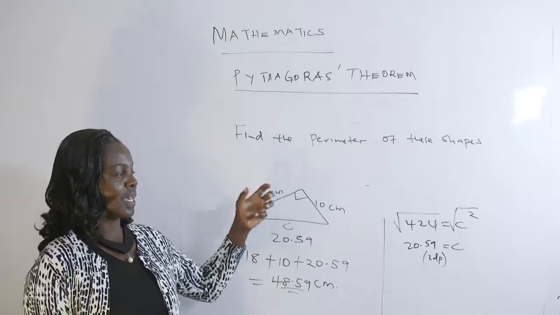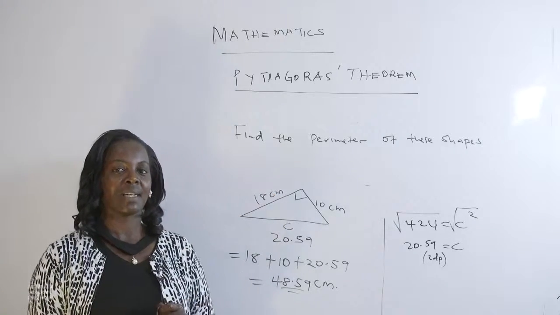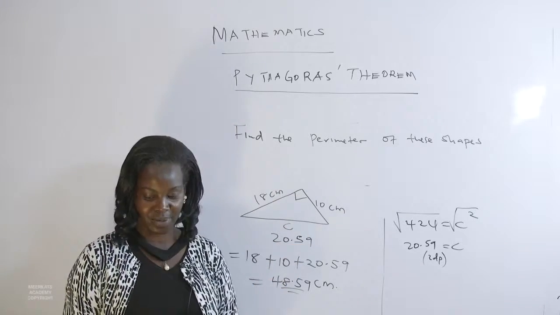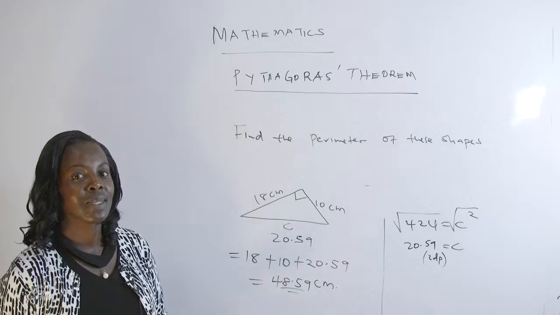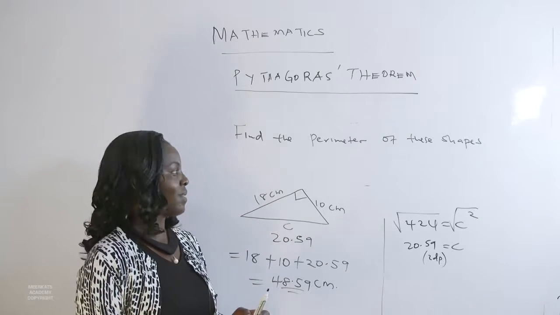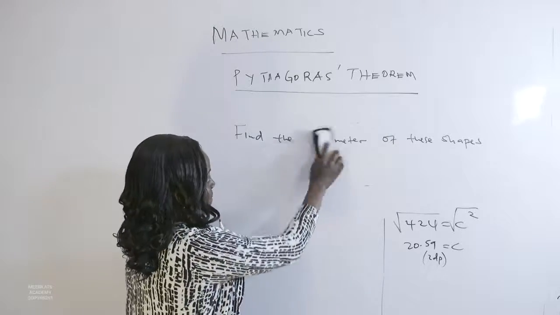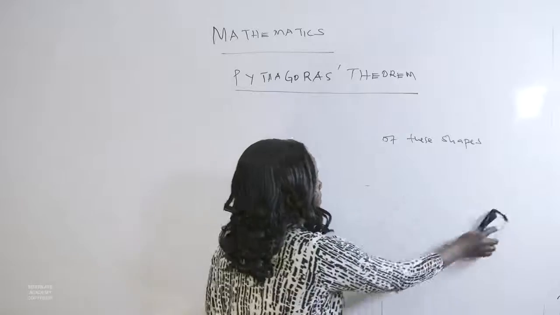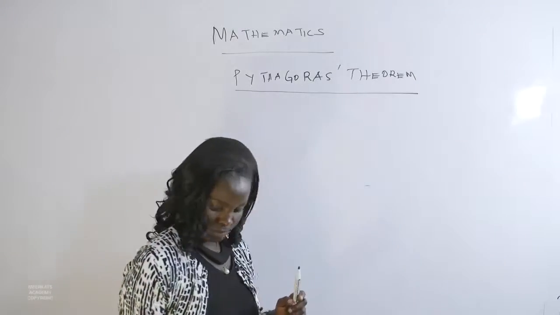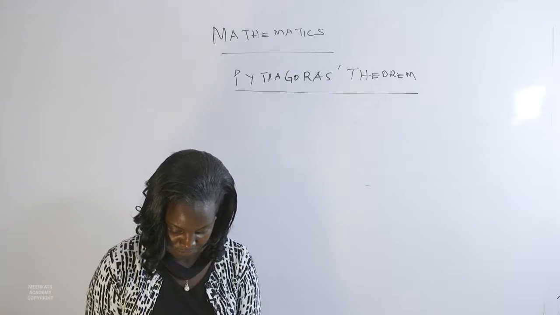So we have looked at how to determine the length of the hypotenuse, and we have said the hypotenuse is the longest side of a right angle triangle. Supposing the length of one of the shorter sides of the right angle triangle is missing, you are asked to determine the length of